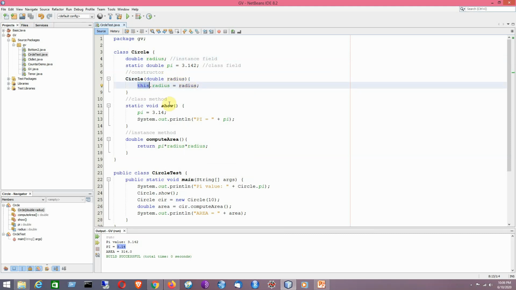This is basically a reference of the current class, that is the enclosing class, that is a reference of the circle class. So by using this dot radius, because it is an instance field, you can access it. So this dot radius will indicate the instance field and the other will be the local field.